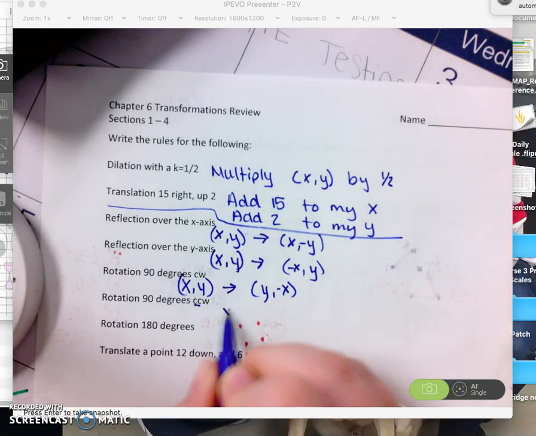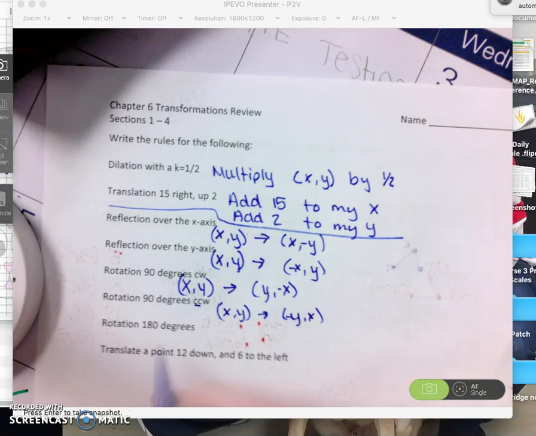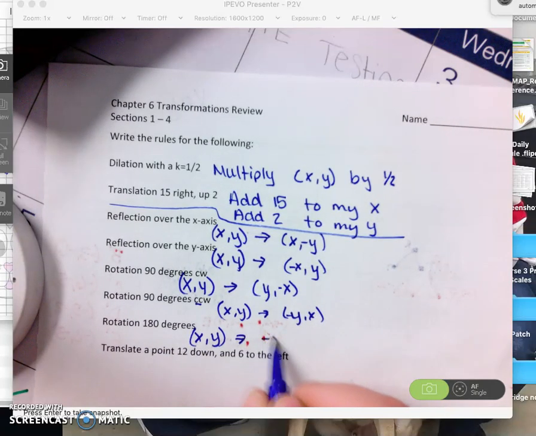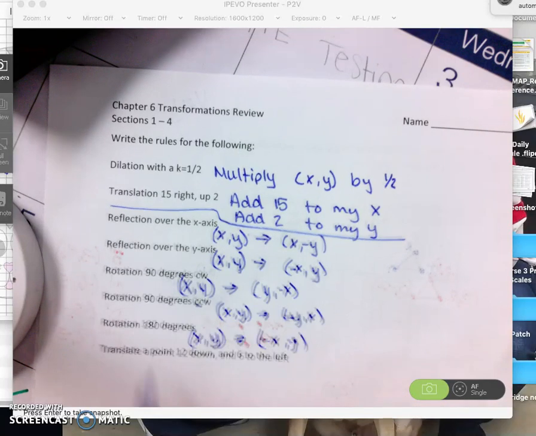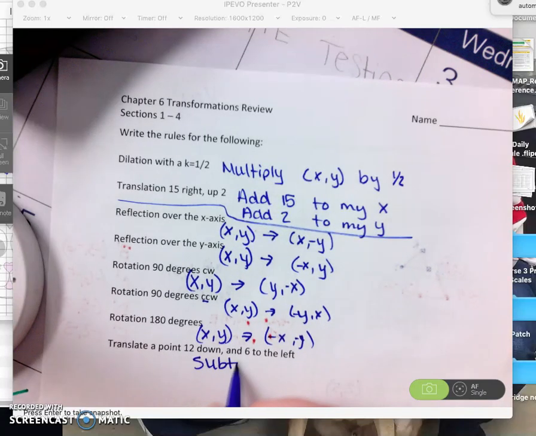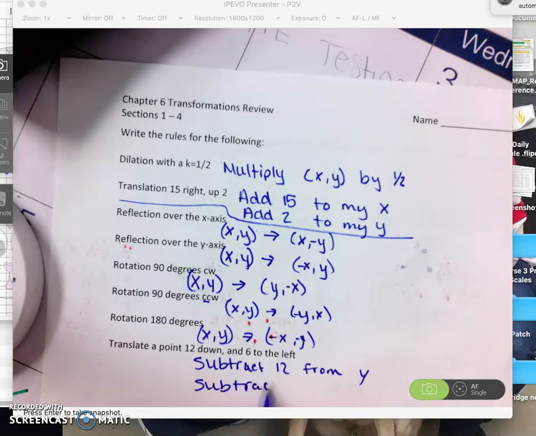Counterclockwise, xy, you're going to flip them, negate the y. 180 degrees, we're going to negate both. 12 down, so subtract 12 from the y, subtract 6